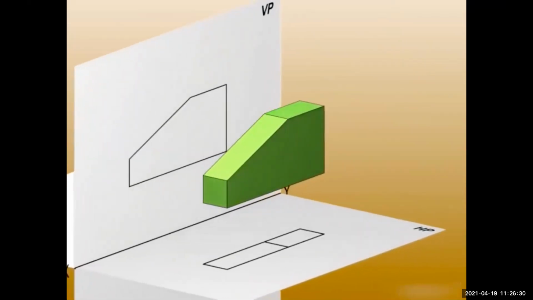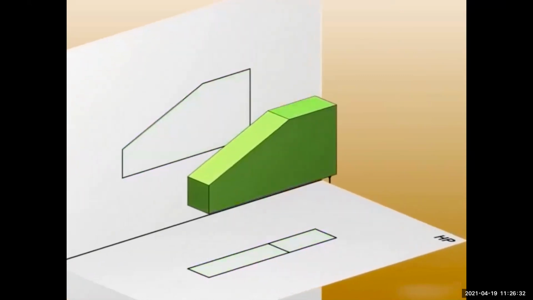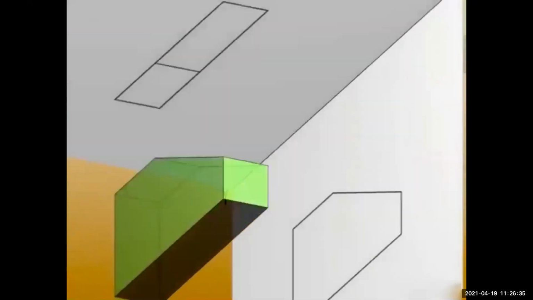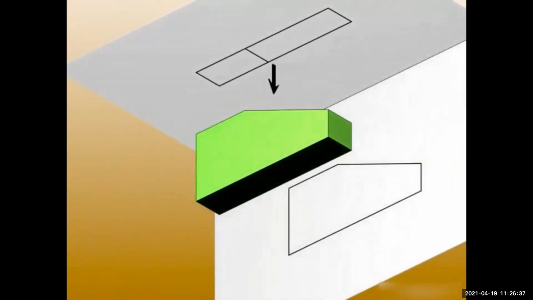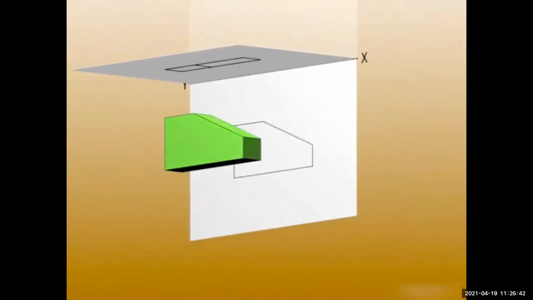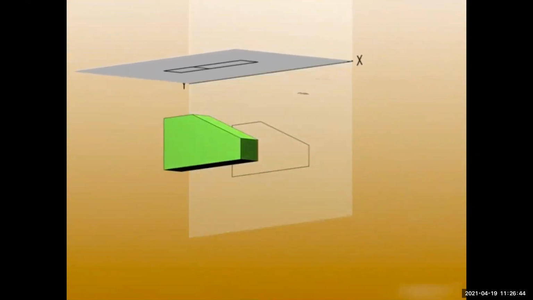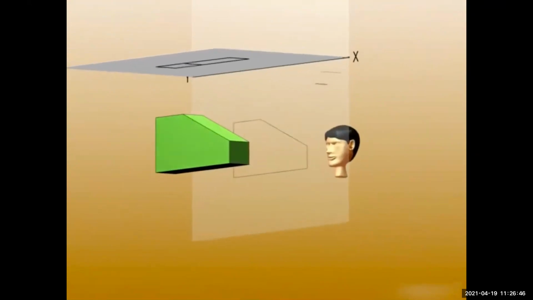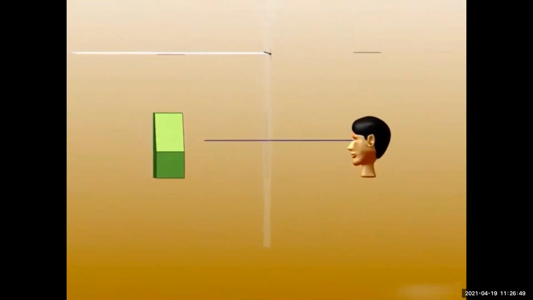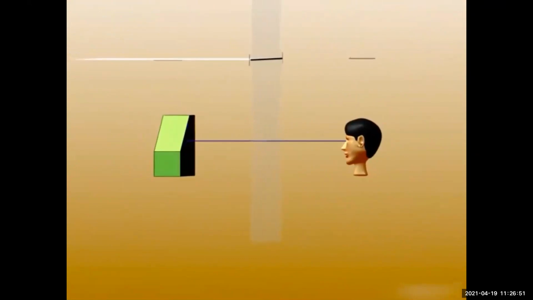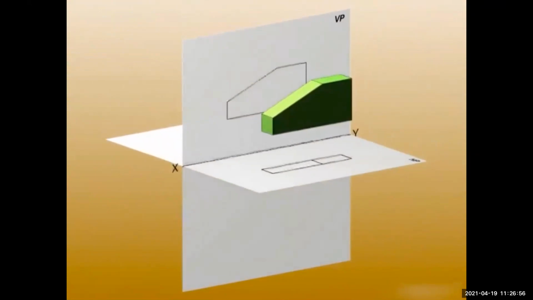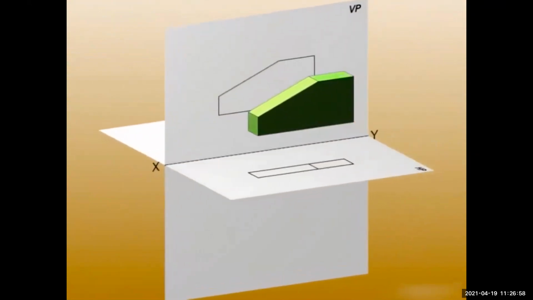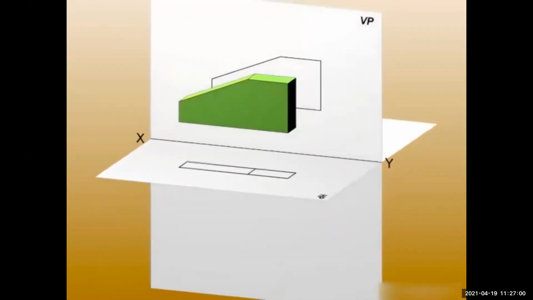The projection of the object is like a mirror image. For the third angle projection, the object lies below the HP and behind VP, and the plane of projection is assumed to be transparent, lying between the observer and the object. So the line of sight passes through the plane, thus forming an image of the object. With these fundamentals of projection, we are ready to delve deeper into engineering drawing.